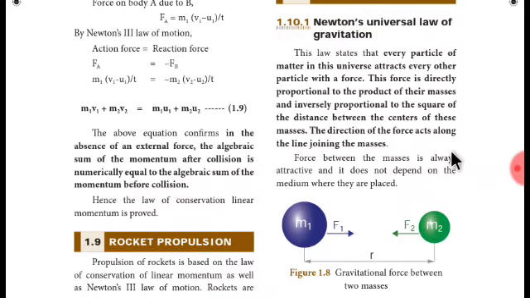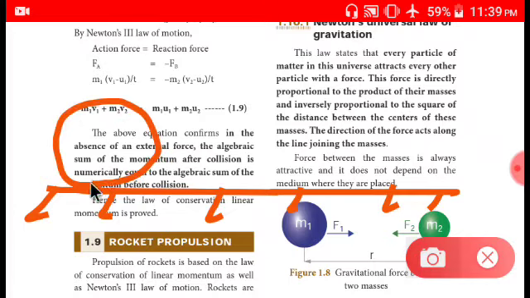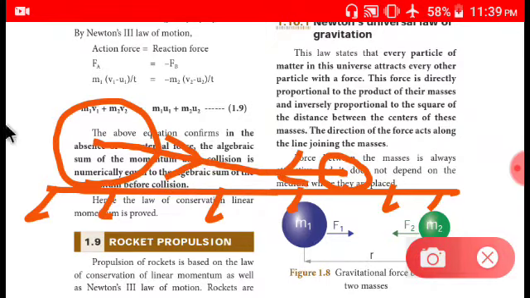Then the direction of the force acts along the line joining the masses. So where is the line joining the masses? Actually we need to first know one thing. From this center to this center, if we draw a line, that is called the line joining the masses. Okay, let me do one thing. See, this is a line actually, or you can take it as a floor, and I'm going to keep a big ball, and there is a small ball over here, and here it is the center, and here it is the center. So they asked, where is that line joining the masses? This is the line joining the masses, and if we need to know the direction of attraction, this is the direction of attraction. The line through which two centers are joining is called